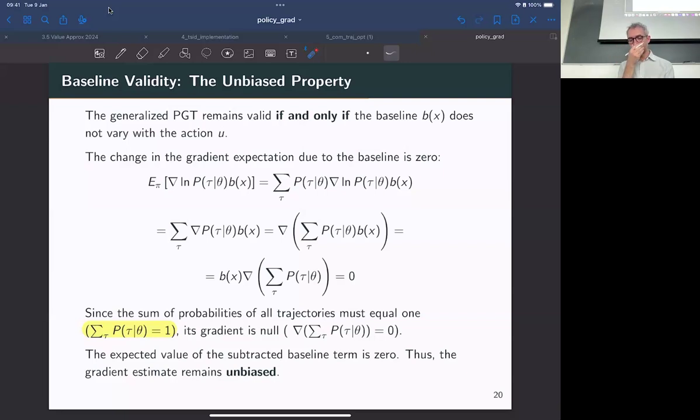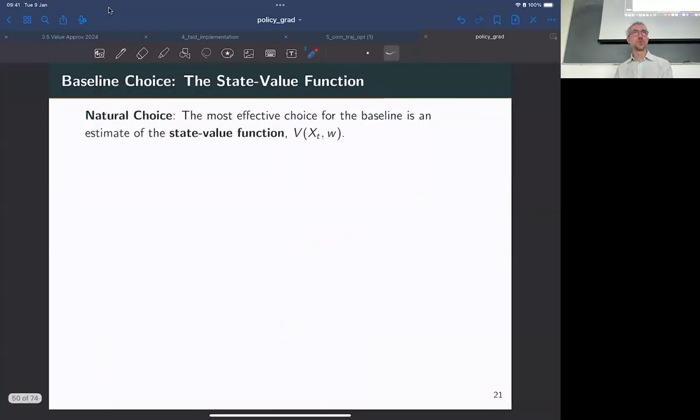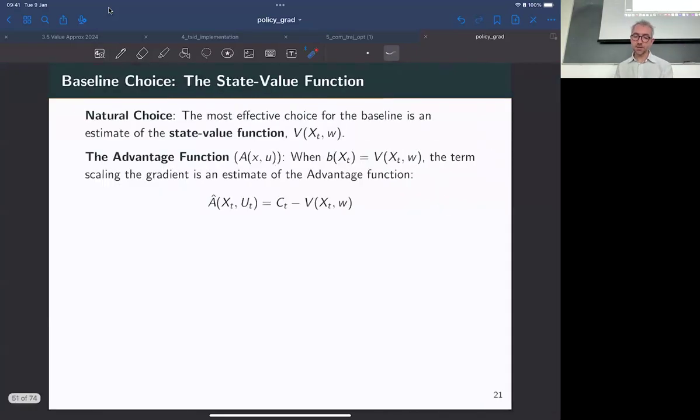Now what we need to figure out is, okay, it's not doing any harm because it's not introducing a bias, but is it helping us in some way? Well, it depends on how you choose the baseline, of course. It turns out that a very natural choice for the baseline to use is the value function, which satisfies the property of depending only on the state and not on the control. So if we can use as baseline the value function, of course, it's a value associated to the current policy, then what we get